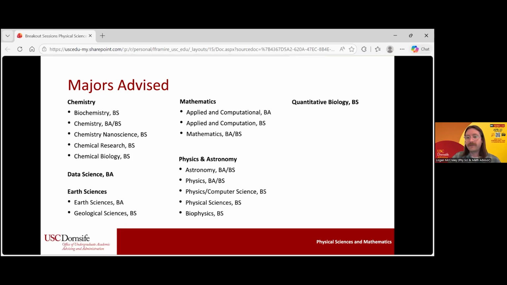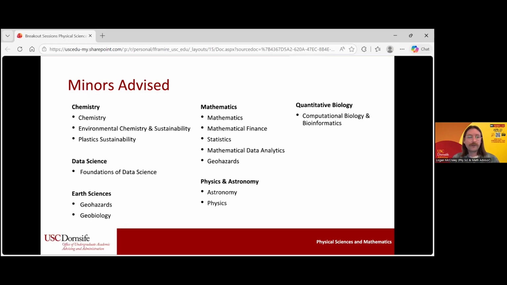And then we also have the Quantitative Biology, also known as QBio BS. So all four of our advisors here, including myself, we advise all of these different majors within the Physical Sciences and Natural Sciences cluster.